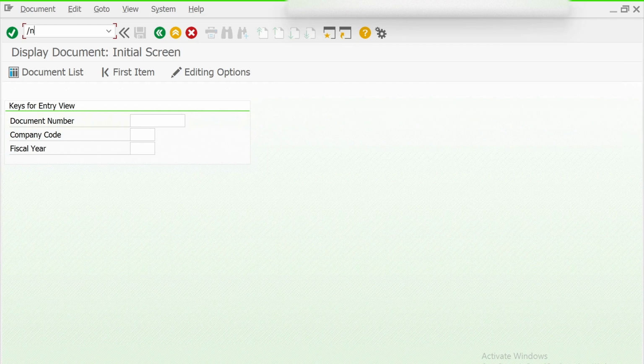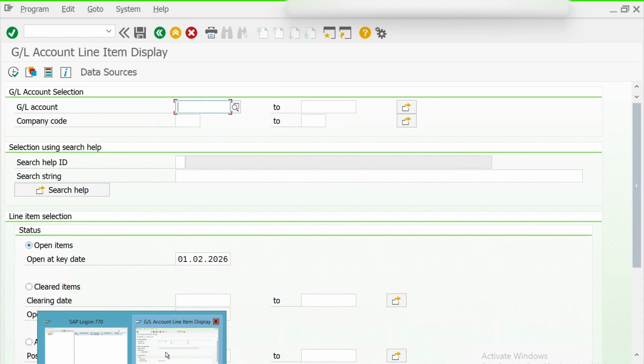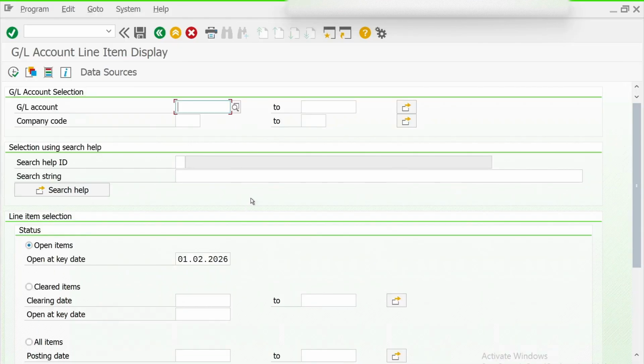And then I will have to give the transaction code, the one which I want to open, FBL3N. So it is slash n followed by the transaction code which I want to open. It will open this particular screen while closing the existing one. Let me enter. See, this screen is opened, and if you come here and see the session, only one session is available. It means that the earlier screen has been closed.